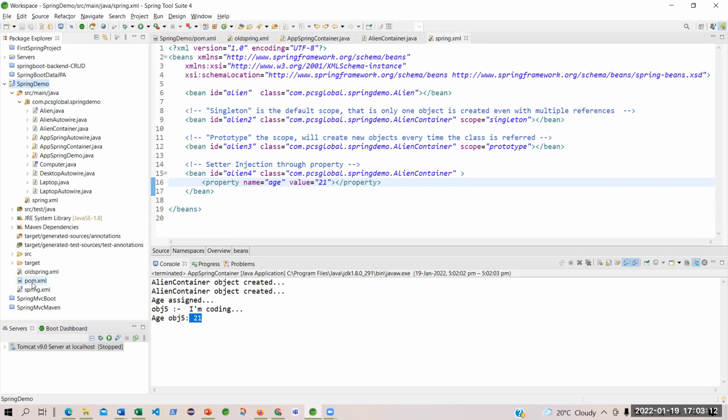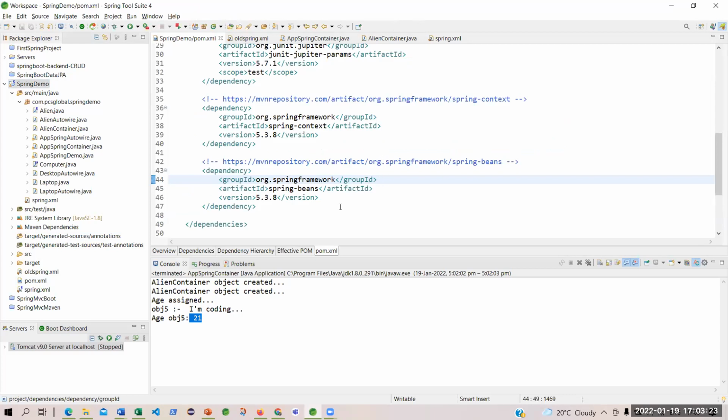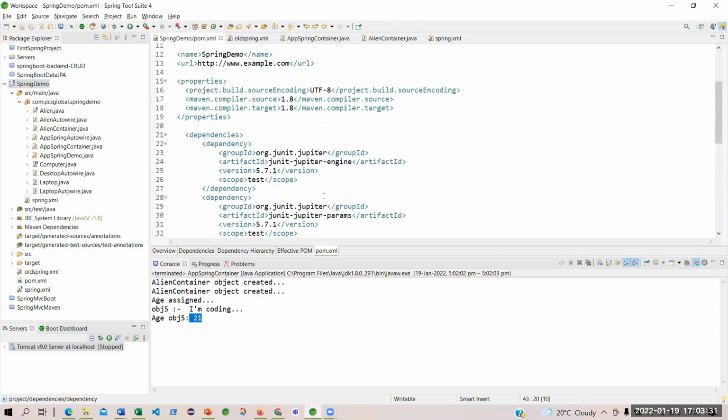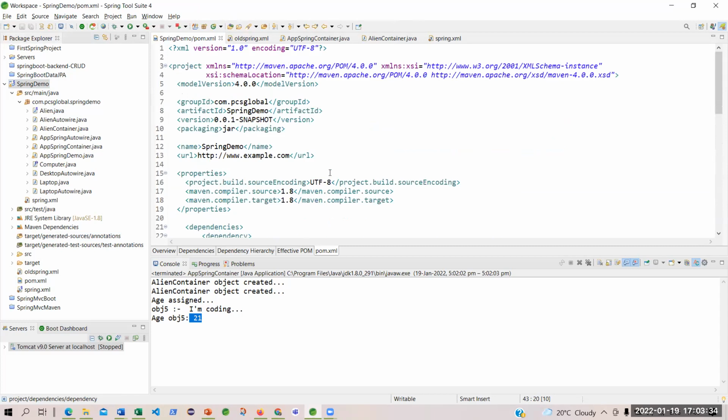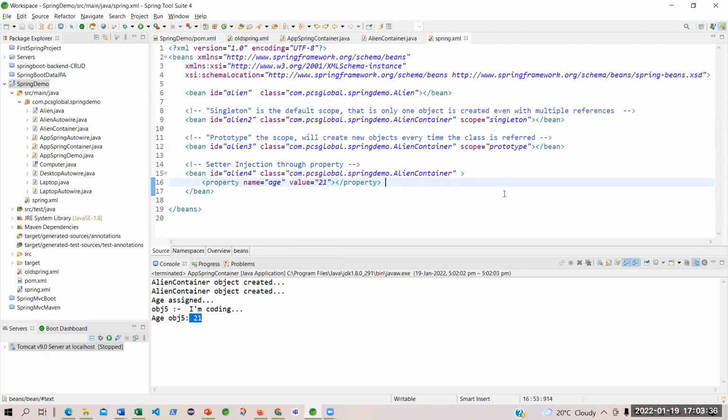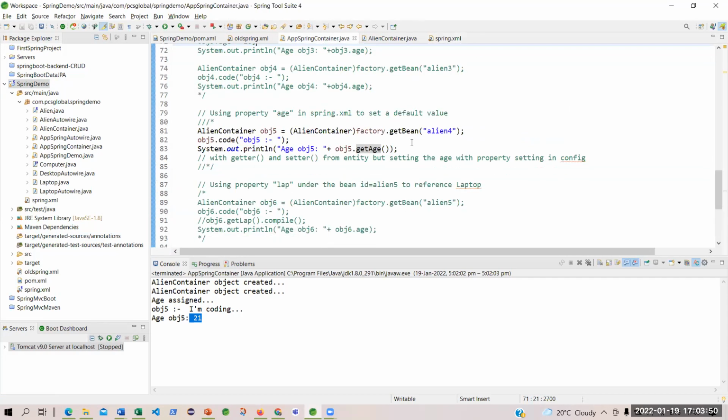Under project, yes, because POM is the project object model, a project configuration file. Whatever dependencies the project has, you have injected those dependencies. This is also an injection, dependency injection. You have done it within the POM XML. But here, these are application level dependencies or injections. That is why you are doing it within this particular configuration file. But the entire purpose, is it clear? And how you do it, is it clear?